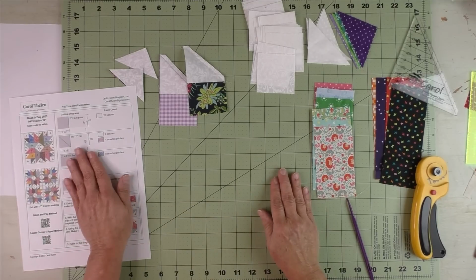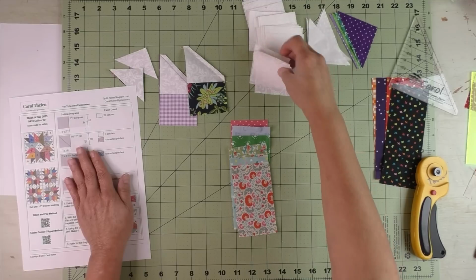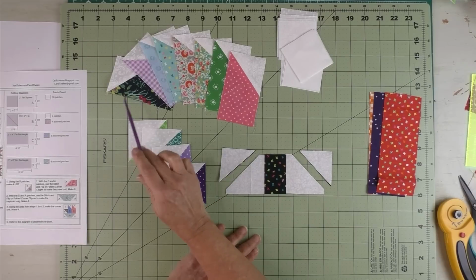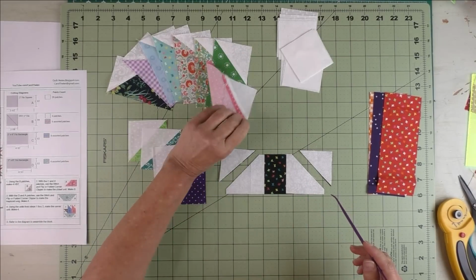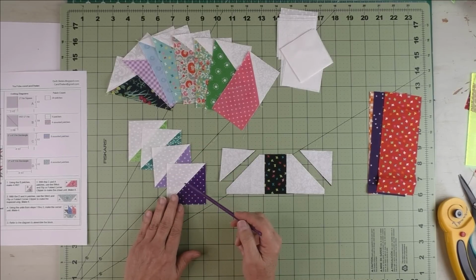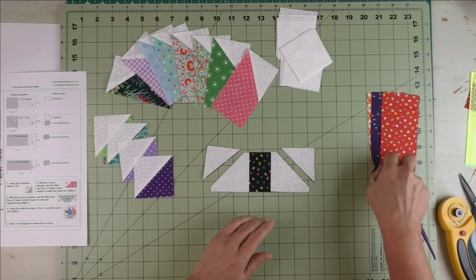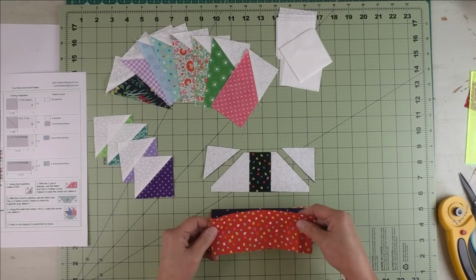I would go through now and take all of your C patches and the corresponding number of your squares and do your stitch and flip on all of the C patches. Now we have all of our chisel units done, and they're pressed open. And we've also done our half square triangles, and they are pressed open, and the little nubs have been cut off. Next, the last thing we're going to do is the large trapezoids,